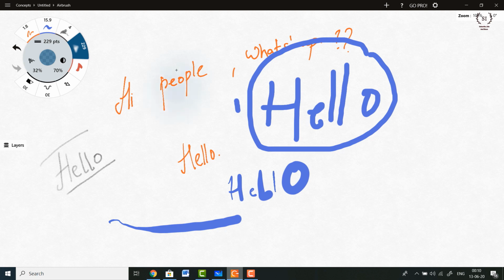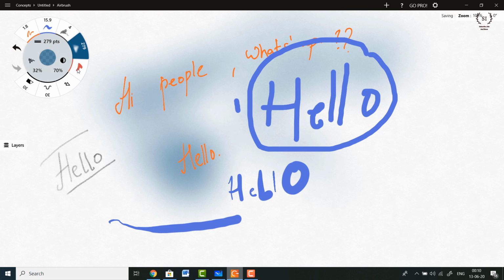You can use the airbrush like this. You can see what is exactly happening. It's like a spray painting kind of thing. So you need to increase the points. Let me show you. Yeah, this is similar to spray painting or air painting. You can use it to design your canvas, but it's not feasible to use it for writing.